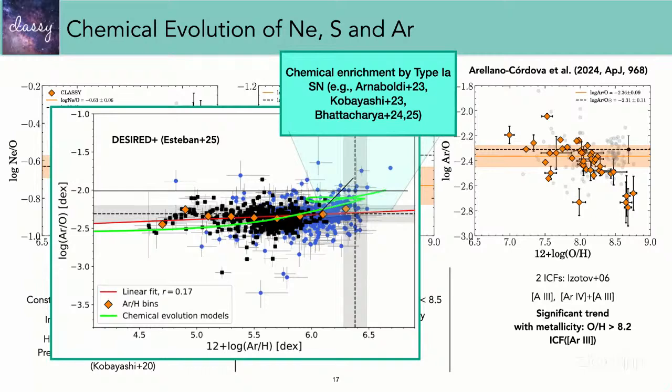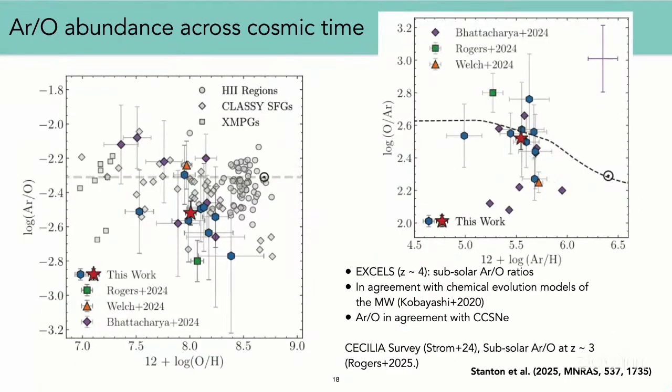So now that we have this comparison with CLASSY, what we want is to compare with the high-redshift universe, right? So I will show argon first. Speaking about argon, this is argon overall. We have metallicity. CLASSY galaxies are these diamonds. We have other extra regions here, and all these colored points are different works from Thomas Stanton for galaxies around redshift 2-3. They have Cecilia with Rogers, a galaxy at redshift 3, and then, well, other galaxies.